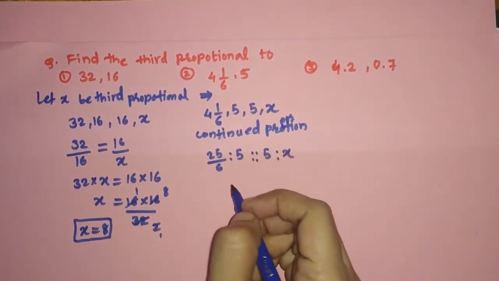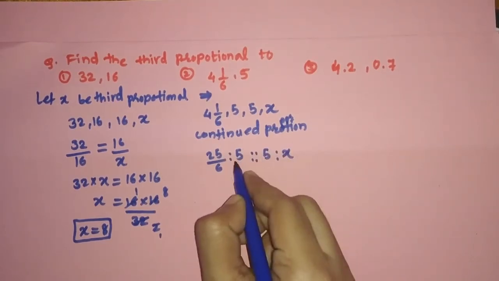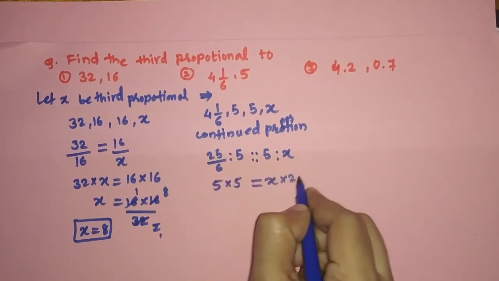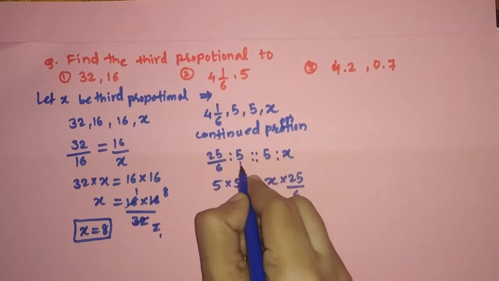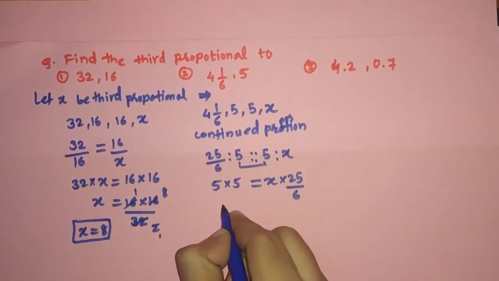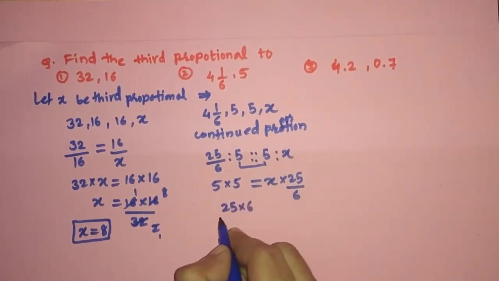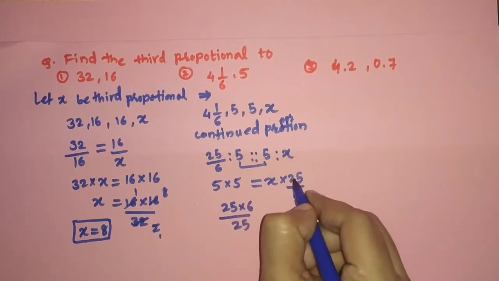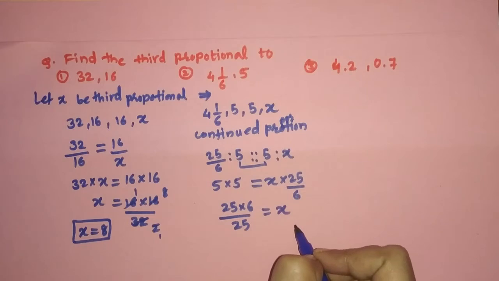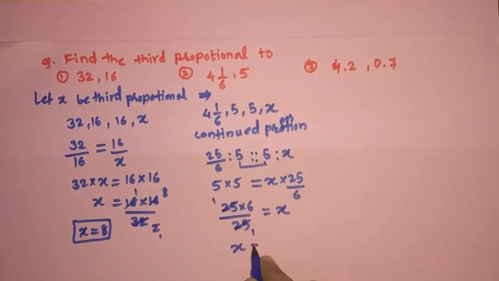So friends, just take the product of means is equal to product of extremes. You can go for like this. So we can go for here 5 multiplied by 5, which is equal to x multiplied by 25 divided by 6. The product of these two and the last two, last and first. So this 25 will write down here, and this 6 is in division. We'll send it here. It will come here. And this 25 will go in the division. And here alone left, that is the x variable. Friends, we need to solve. 25 ones are 25. We got x is equal to 6.